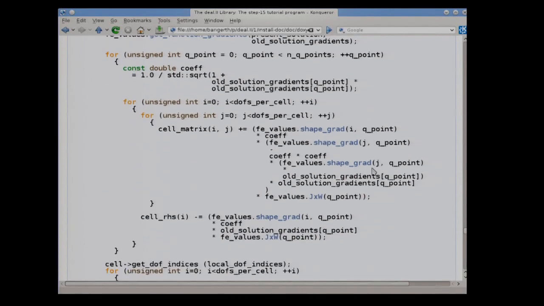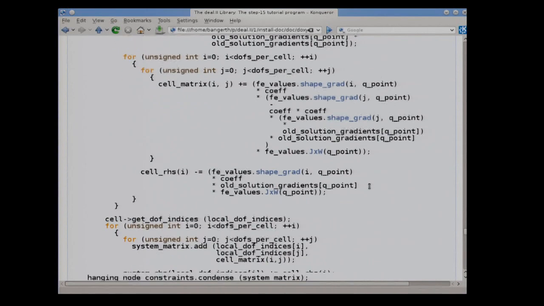Then I'm going to have my loop over i and j, and I have here gradient phi i times the coefficient gradient phi j minus gradient phi i times the coefficient, that's the 1 over square root to the 3, times the gradient phi j times the gradient of the solution itself at a quadrature point times this thing again. So if you go back to the formula, that's what I need to compute,